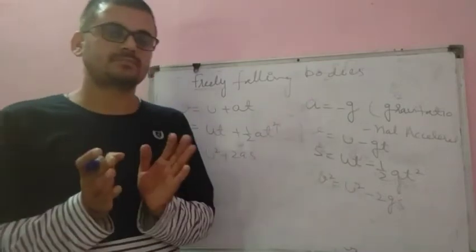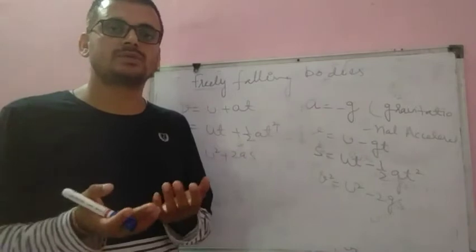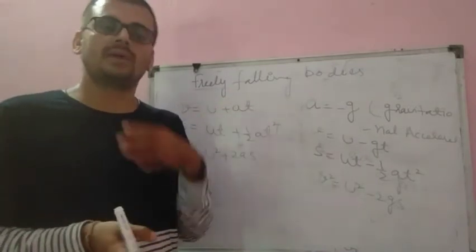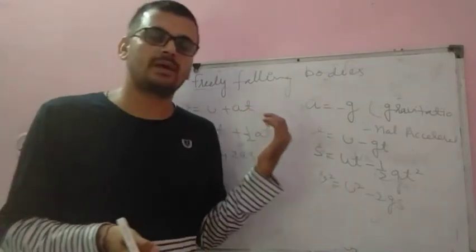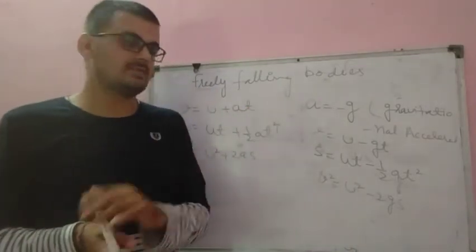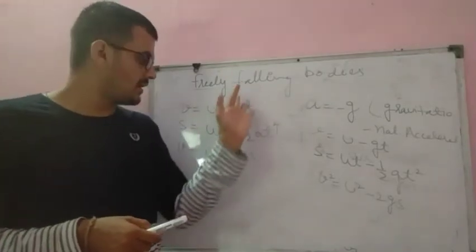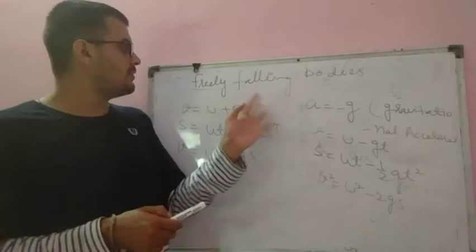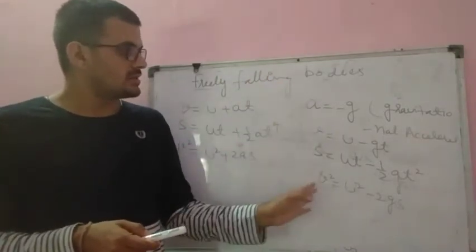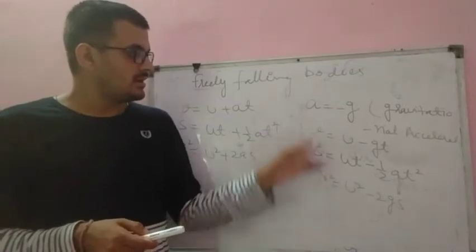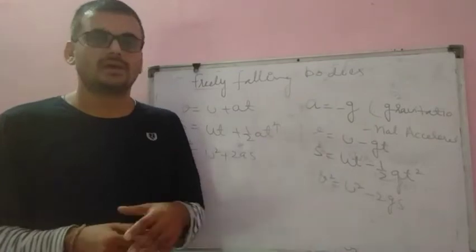So students, in this video we have covered the kinematics equations of motion by using the calculus method. We have already discussed the kinematic equations, but today we have discussed them using the calculus method, and these are very easy. I hope no one has any problem. Then we have discussed the meaning of freely falling bodies. These are the three equations known as kinematics equations for a freely falling body.